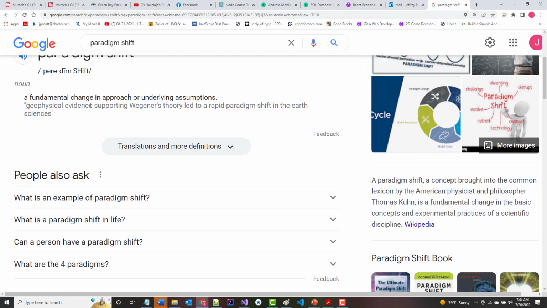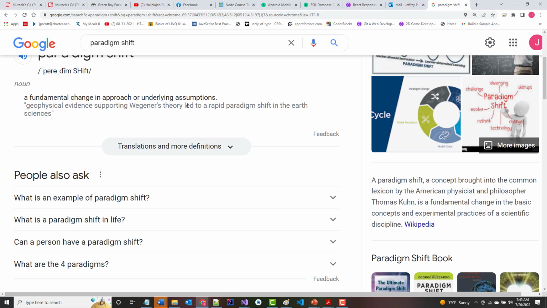A fundamental change in approach or underlying assumptions. In other words, it's a shift or a change in the way of thinking. And going into object-oriented programming and having an object-oriented mindset is a paradigm shift, especially from what we did in the first 11 chapters